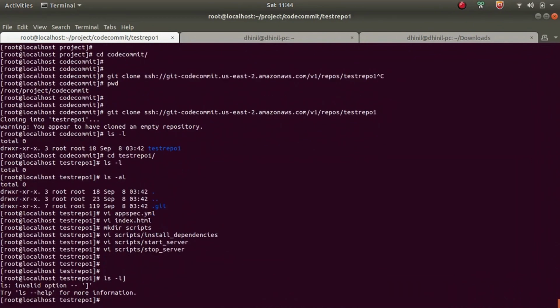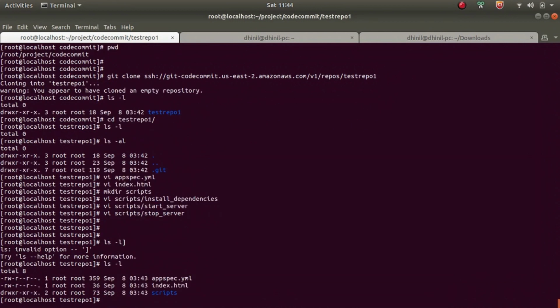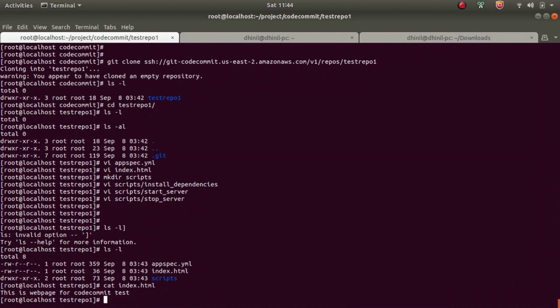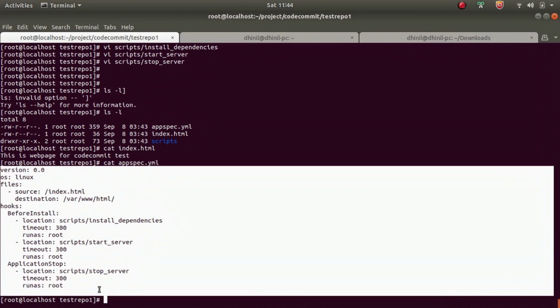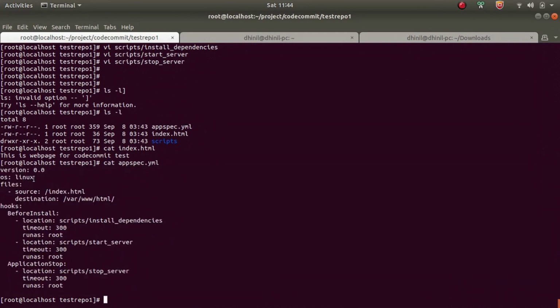Now all the files are uploaded from my end, and this is my index.html, which is the web page content, and this is the configuration file for CodeDeploy, appspec.yml. This is a YML file which contains the details. Here is the version, which is 0.0, and OS, which specifies which OS we are using. Mine is a Linux OS, and files.